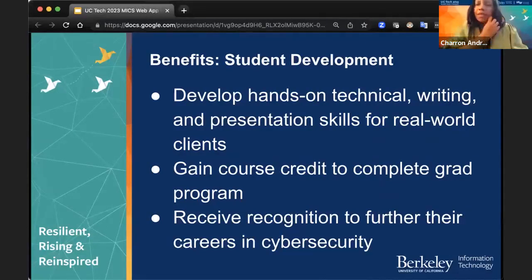So we can't leave off the benefits that our students are actually getting through the program. As mentioned earlier, the students not only hone their cyber skills, but they also get an opportunity to practice their communication skills throughout the course. We also provide them with attribution via a formal CISO letter from Allison, which allows them to leverage this work on their resumes and LinkedIn. And we also have a code of conduct that allows third-party vulnerabilities to be disclosed to the vendor so they can get credit for that as well.